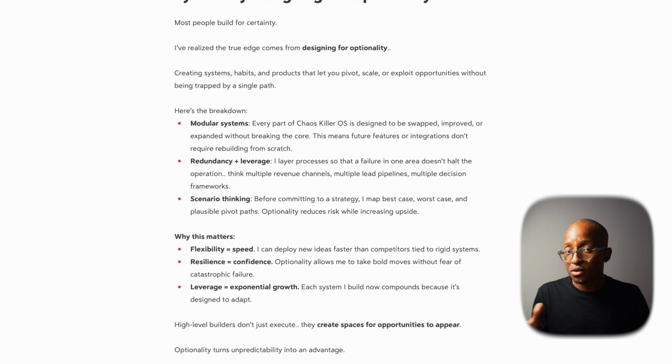And through this, we ultimately have leverage, which means you're experiencing exponential growth. Why this matters is that each system I build now compounds because it's designed to adapt. And I think adaptability is one of those things we're going to have to strive for on a day-to-day basis, to make sure our system can survive the most stress-testing times, and that we're able to constantly refine it, so it's not just build once and it's done. We're building it once and then refining it as we go,